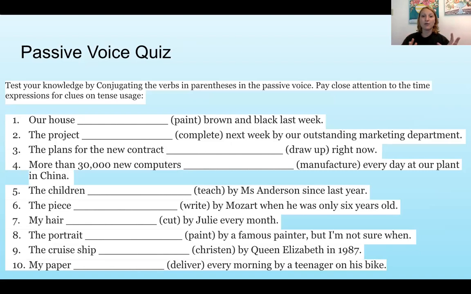So what I want you guys to do is pause the clip, take, let's see, maybe a minute and 30 seconds, and go over and do the correct answers for making and conjugating the verbs into passive voice. All right, I'm gonna give you guys a minute and 30 seconds because we are going to go over it